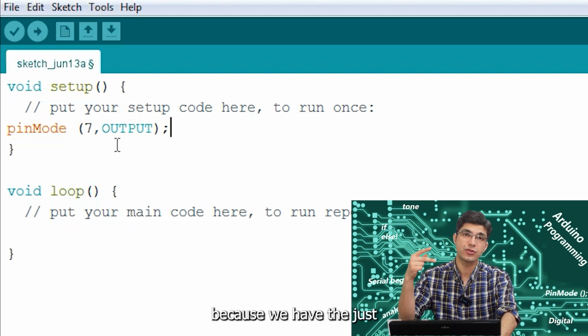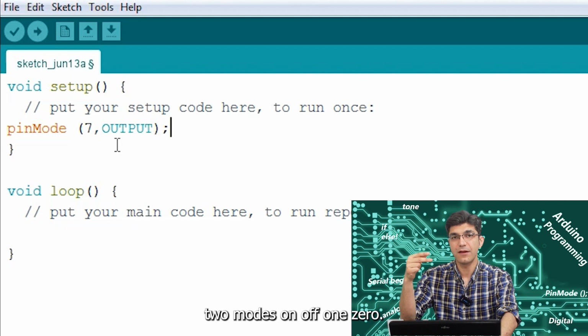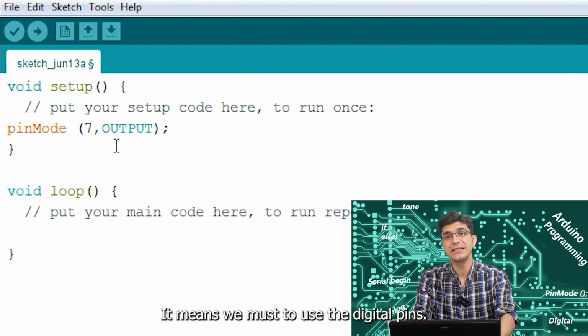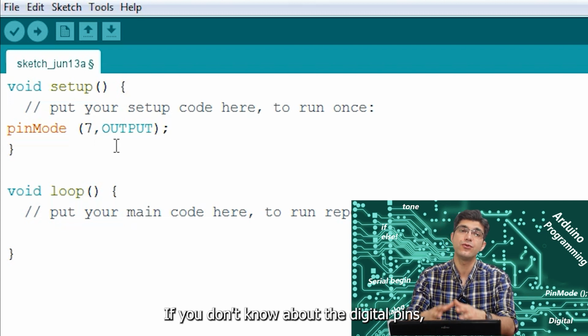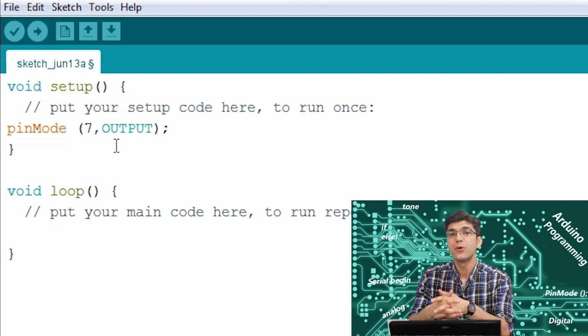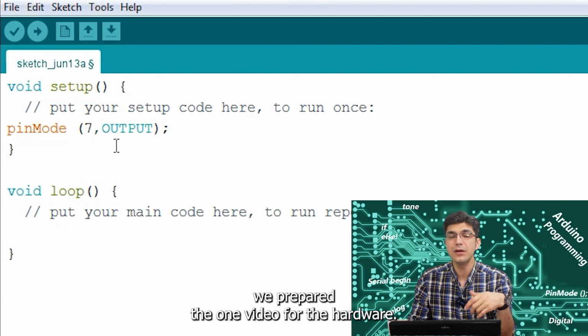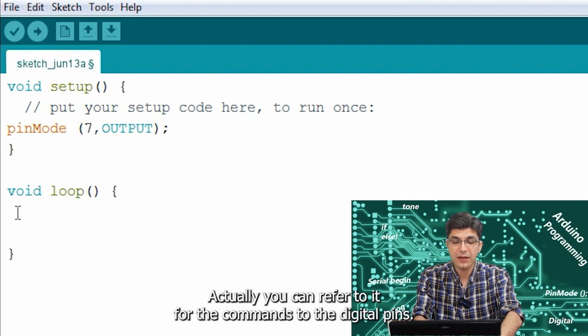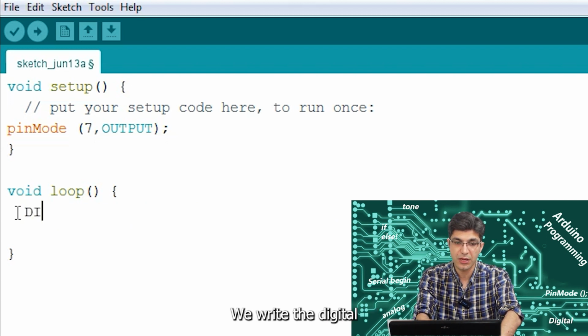Because we have just 2 modes, on and off, 1 and 0, it means we must use the digital pins. If you don't know about the digital pins, we prepared a video for the hardware. Actually, you can refer to it. For the commands to the digital pins, we write digital